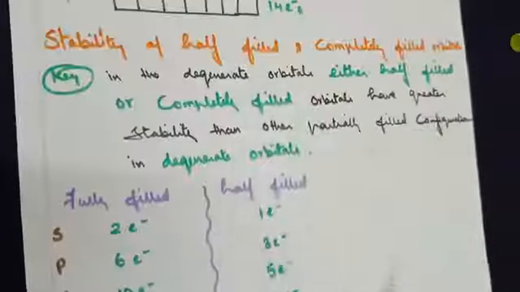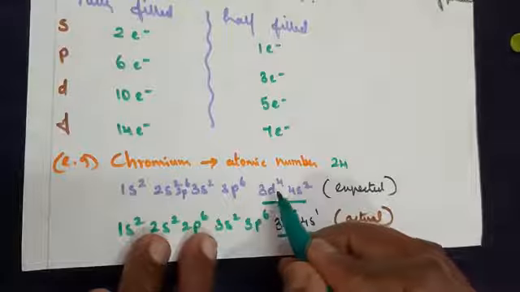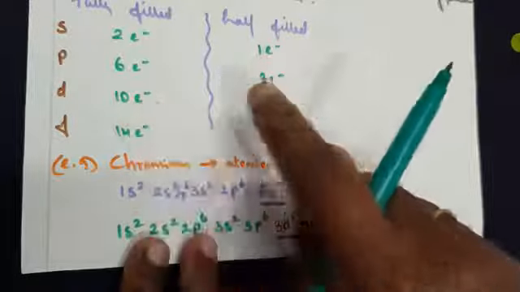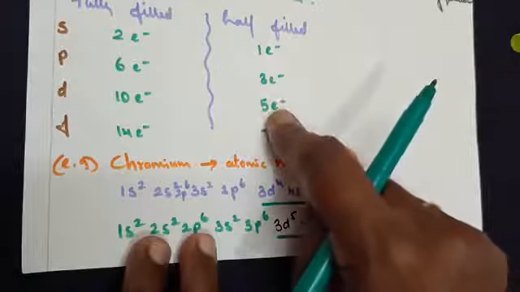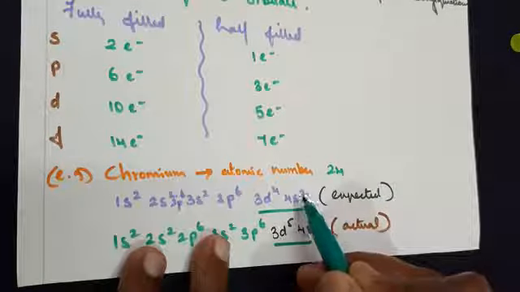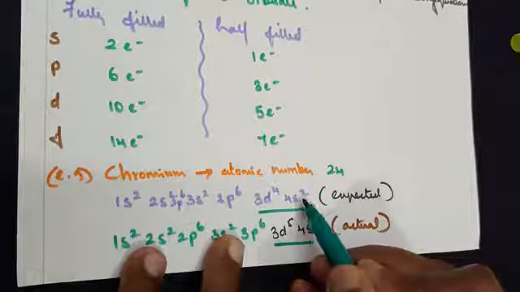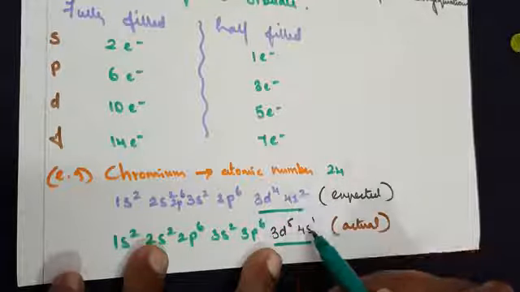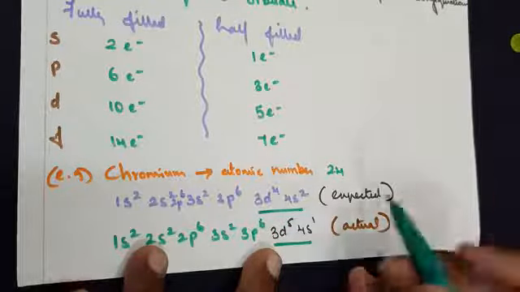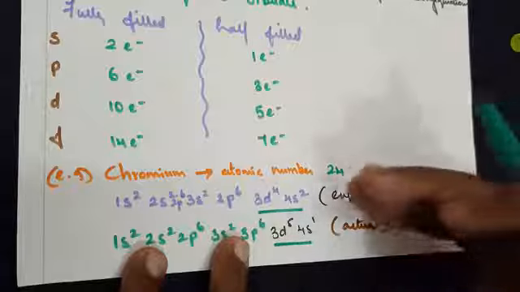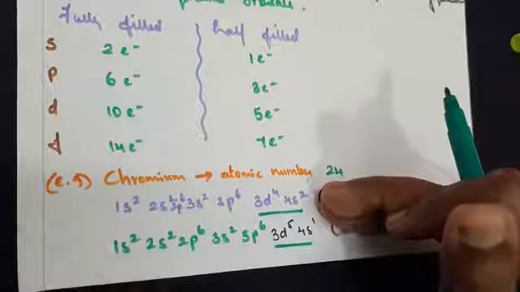I will just summarize it in terms of stability. A d orbital is stable when it has 10 electrons or 5 electrons. With 3d4, it is running short of only 1 electron to attain stability. So a neighboring orbital will donate the electron. When the s orbital donates 1 electron, 3d4 will become 3d5, and 4s2 will become 4s1. So this is the meaning of expected configuration and actual configuration to attain stability. It's a vast theory. You will learn it in detail in the upcoming lessons.